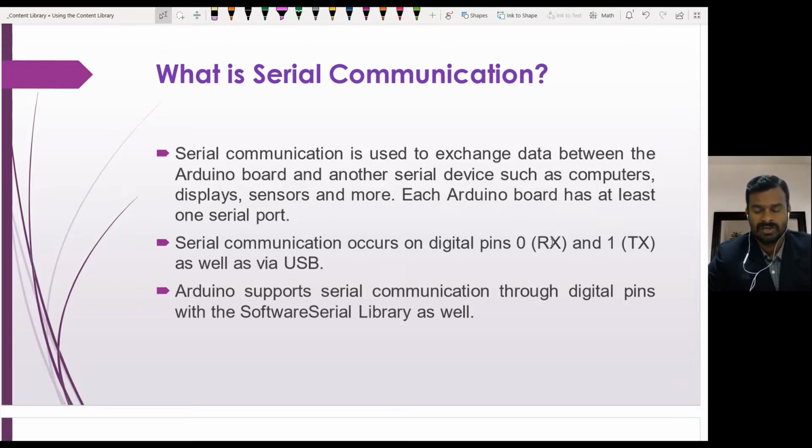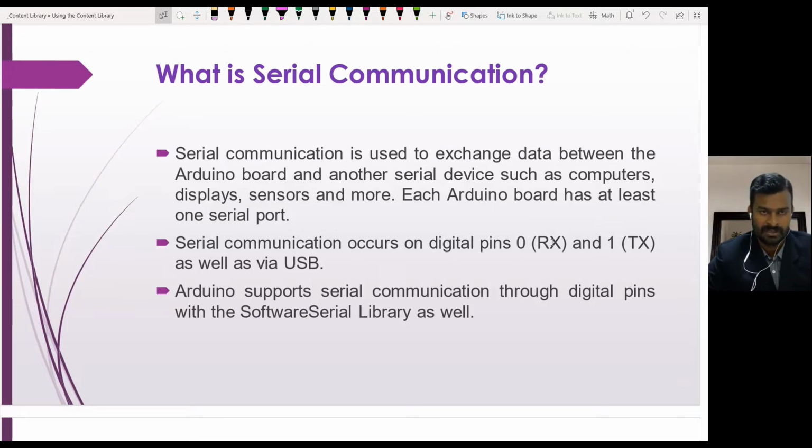So to make a communication between these two devices, we need a transmitter point and a receiver point. Here in this transmitter and receiver, the communication takes place in a serial way. It is not a parallel port communication, it's a serial port communication. Not only the Wi-Fi module, there are many other devices which have serial ports, like for example